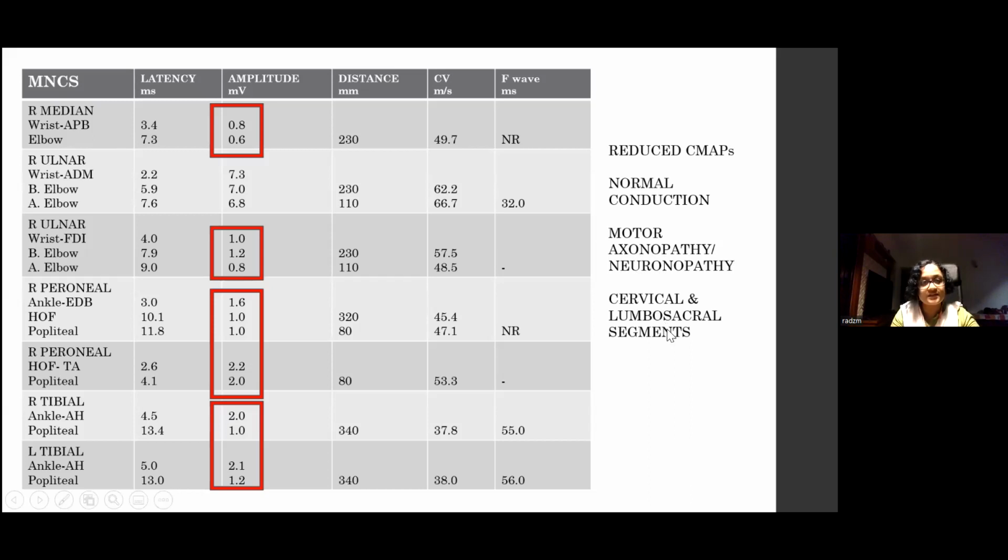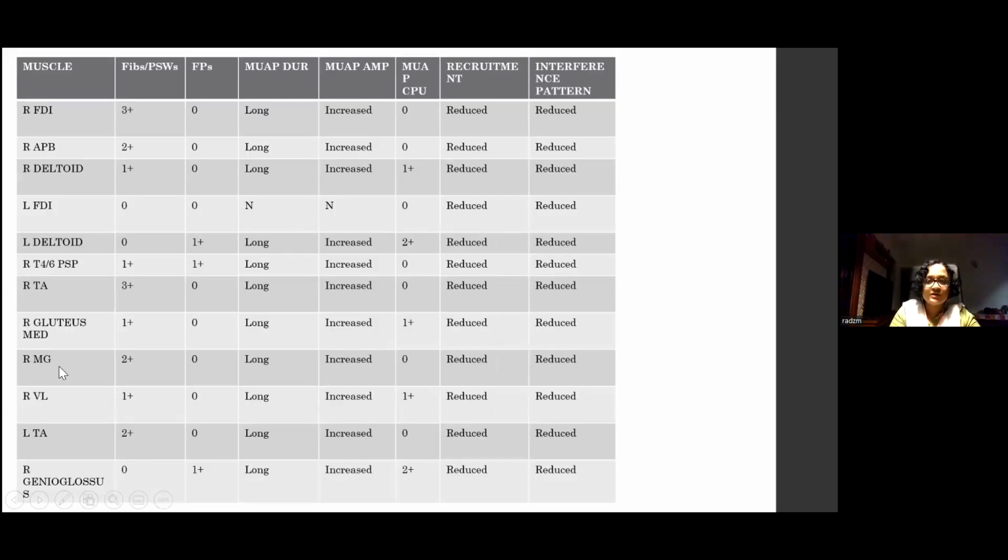Cervical and lumbosacral segments are affected, because the median and ulnar are cervical, and peroneal and tibial are lumbosacral. So if you look at the denervation, you can see there's quite a lot of denervation in the cervical segments. There is denervation in the thoracic segments here, fibrillations and positive sharp waves with neurogenic motor units,